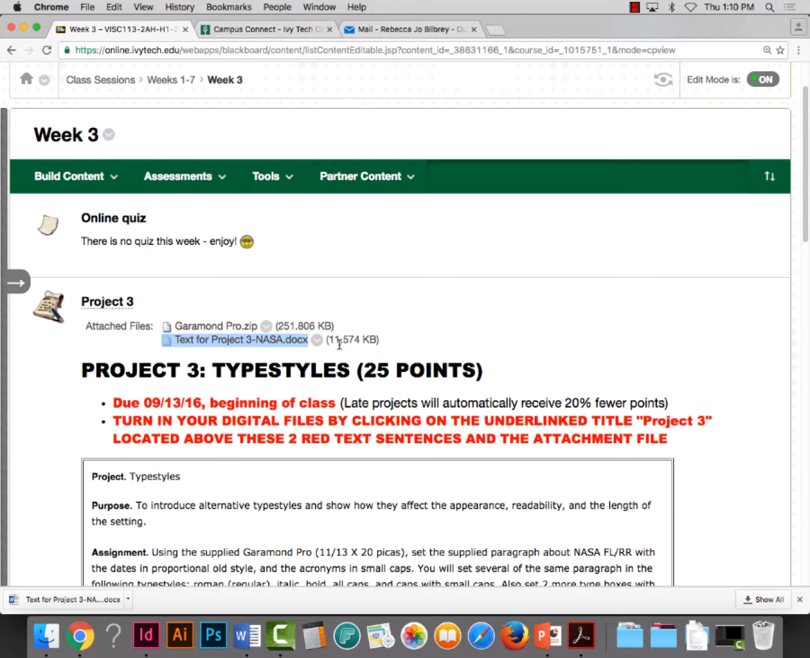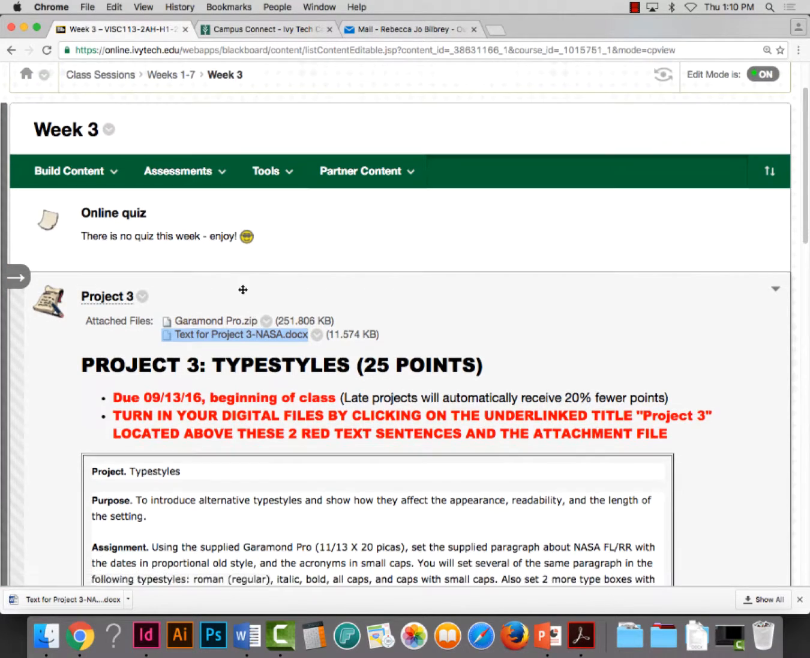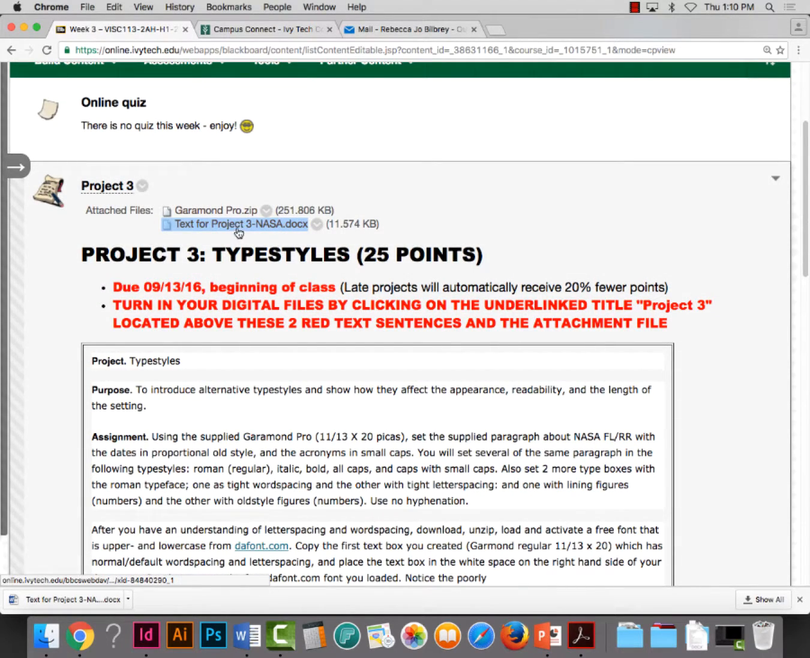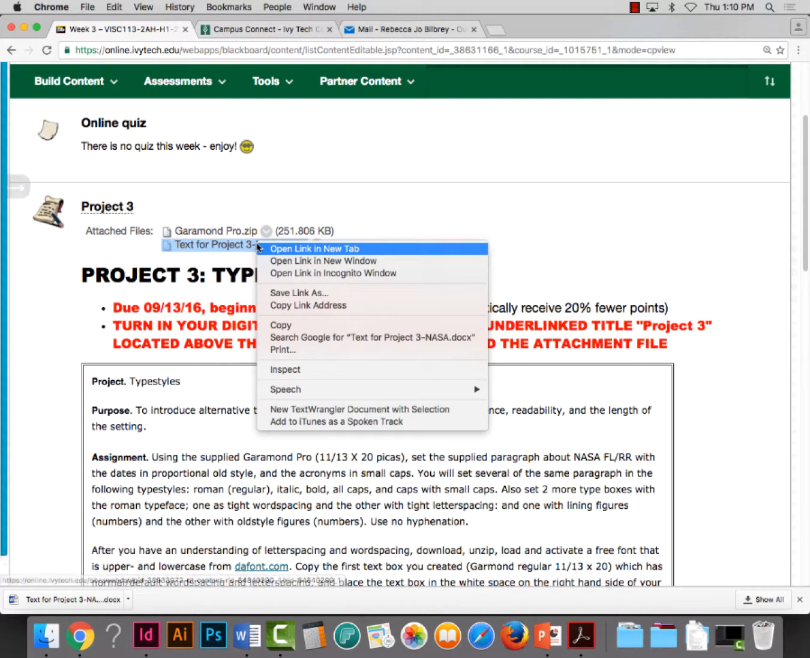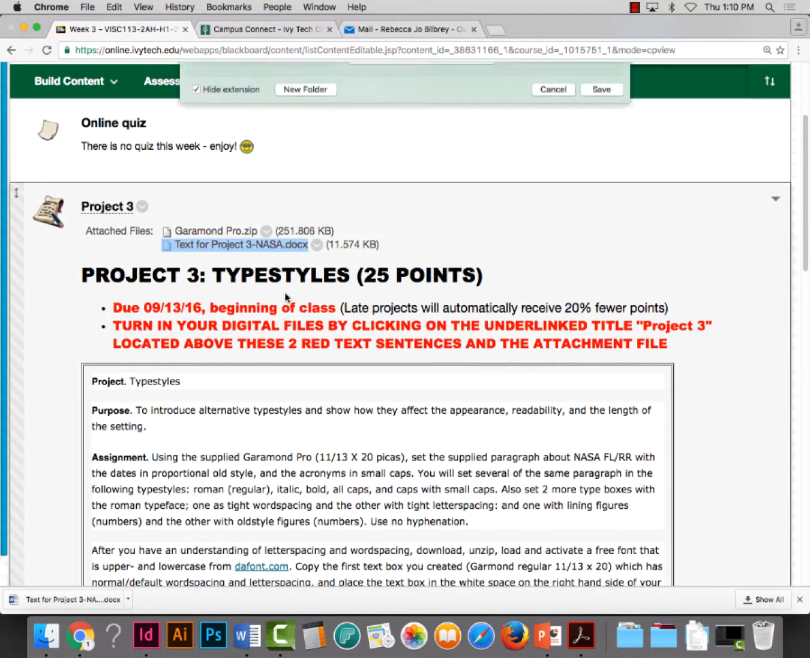Okay, so we're in typography for fall 2016, and we're getting ready to work on Project 3, which in Blackboard I have supplied in this week's Week 3 folder for Project 3 a Garamond Pro, which we already have loaded, but if you need it, it's there, and then this thing that says Text for Project 3, NASA, and it's a Microsoft Word document. You right-click on that and then go down to Save Link As, and you will choose,